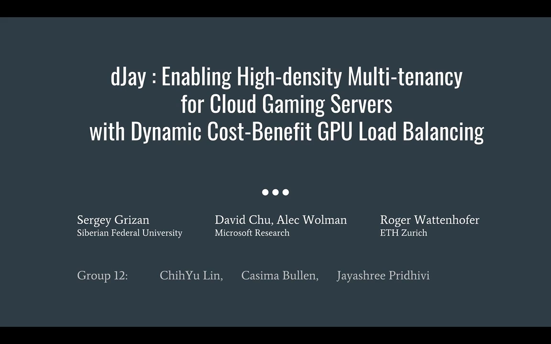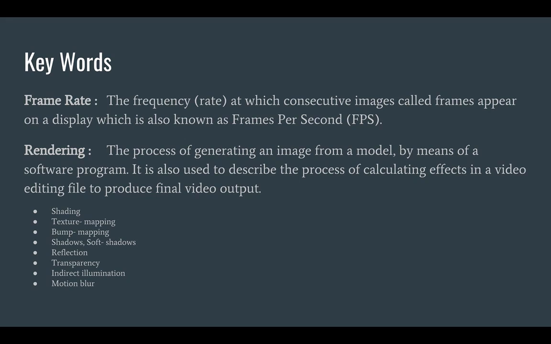We can start now. Before talking about our topic, let's have a short look at some keywords that we will mention in this paper. The first one is frame rate, the frequency at which consecutive images called frames appear on the display, which is also known as frames per second. That's a moving scene we see in our normal life. It usually applies to film and video